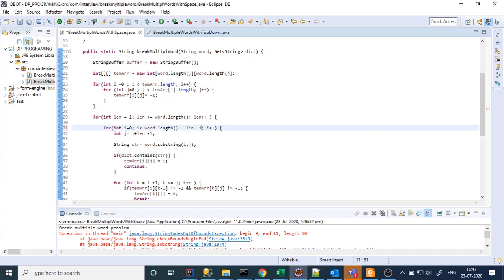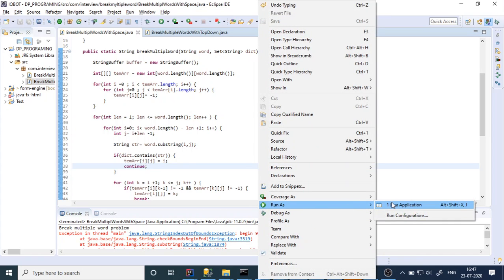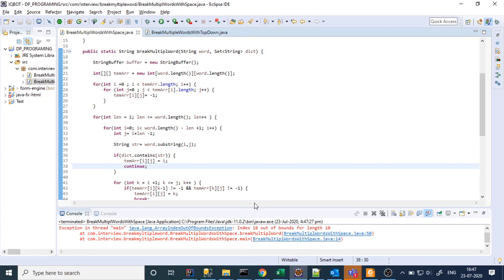Because the value of up to a particular length I have to retrieve, right? So minus len plus 1, right? That's it, it will be the dot length.